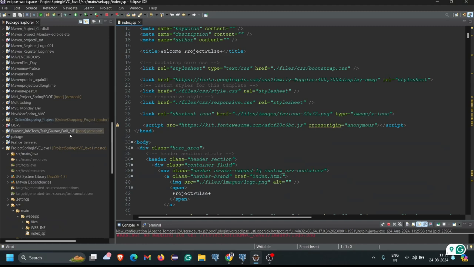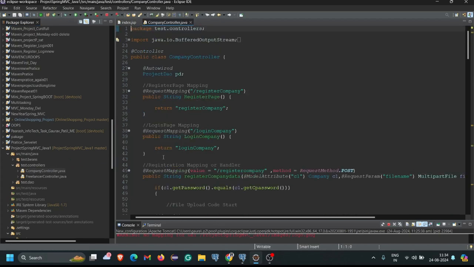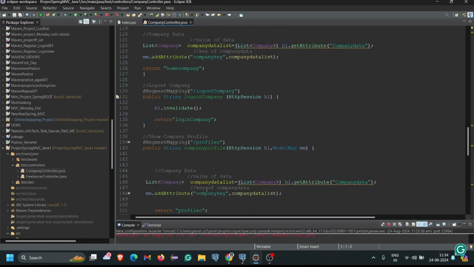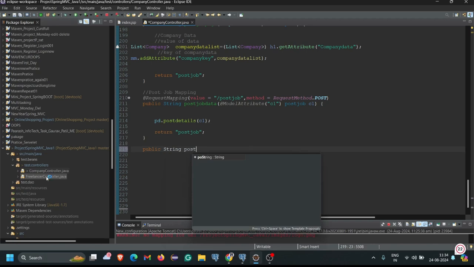Now we have to come to our project, to src main java, and in that test.controllers, and in that our company controller, because today we are working in our company module. We have to come to the last point, and here I am writing the mapping to load that particular page. So public String postProjectPage, then curly braces,